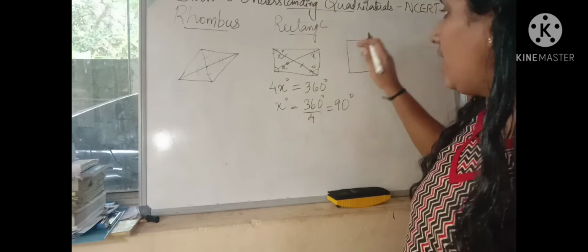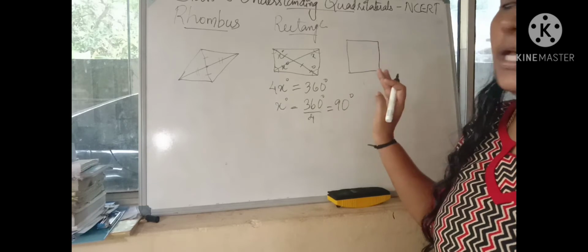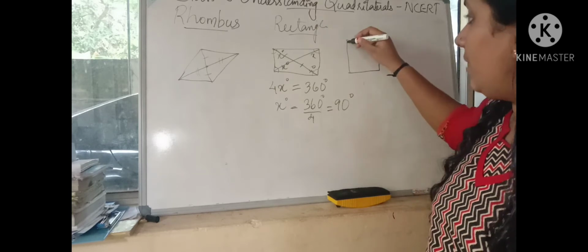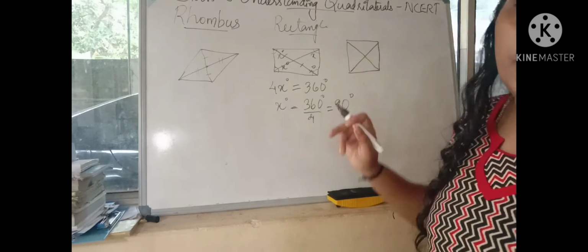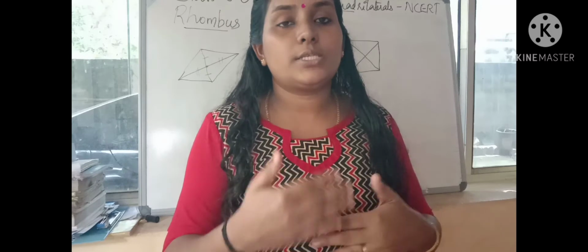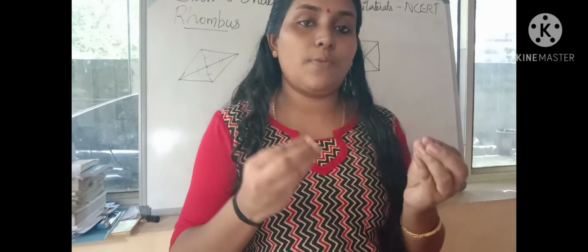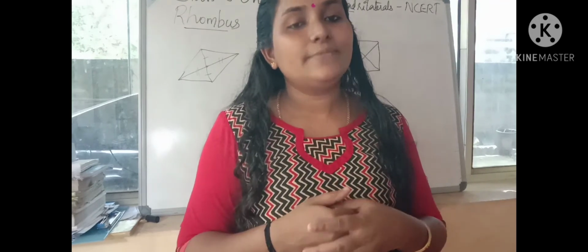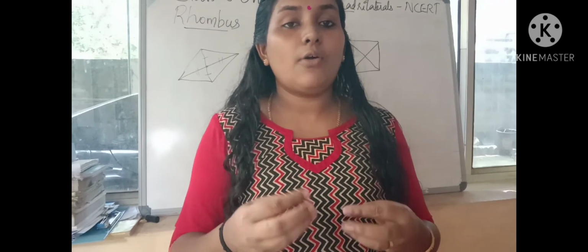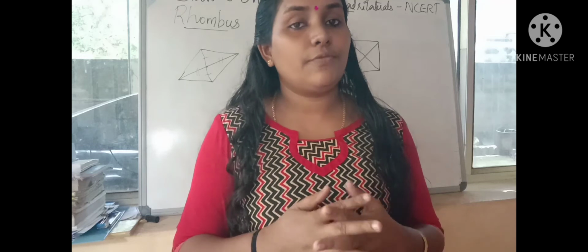In case of a square, we know that it is equiangular as well as equilateral. So it is a regular polygon and we get diagonals of the same length. Angles are the same, sides are the same. So it is a parallelogram as well as a regular polygon. From this discussion, we can conclude that all the quadrilaterals have some similar properties as well as dissimilar properties. This chapter is very simple to learn. If you have any doubt, please share your doubt with me. I will guide you to get clarification for this chapter.